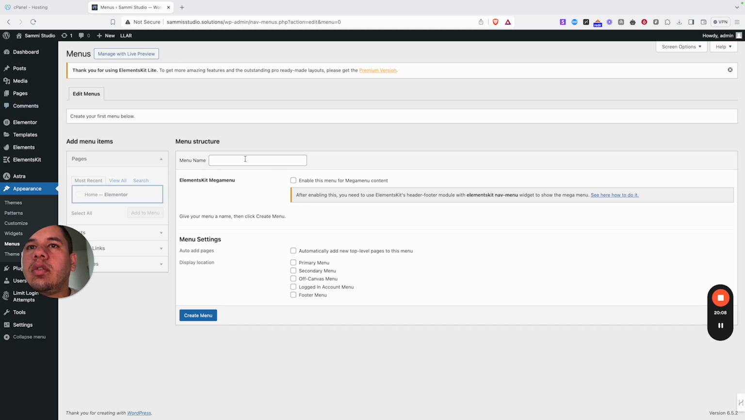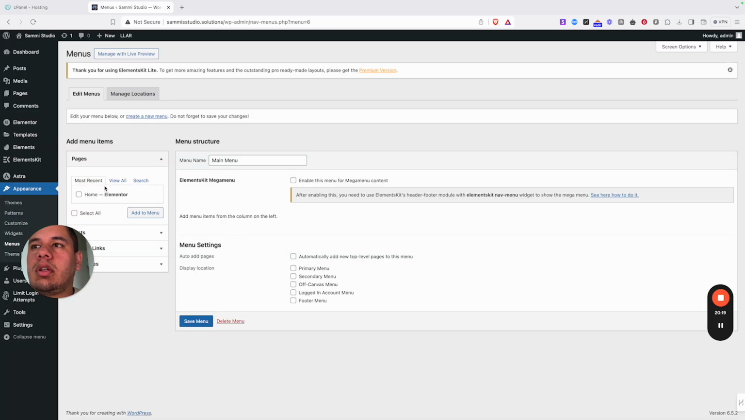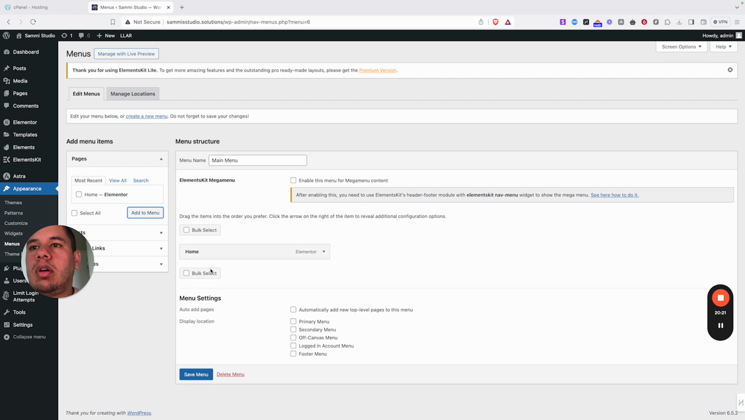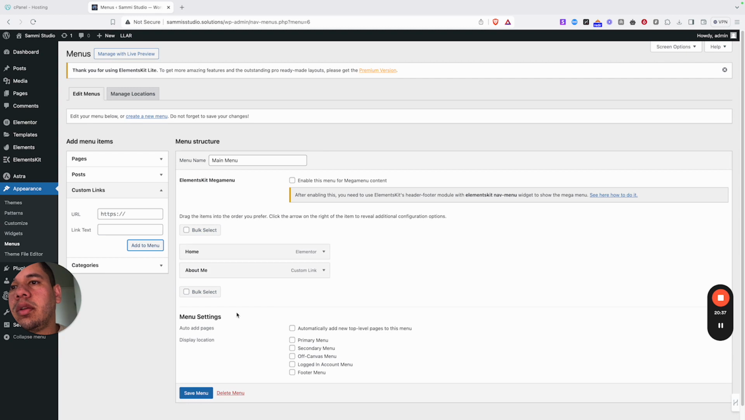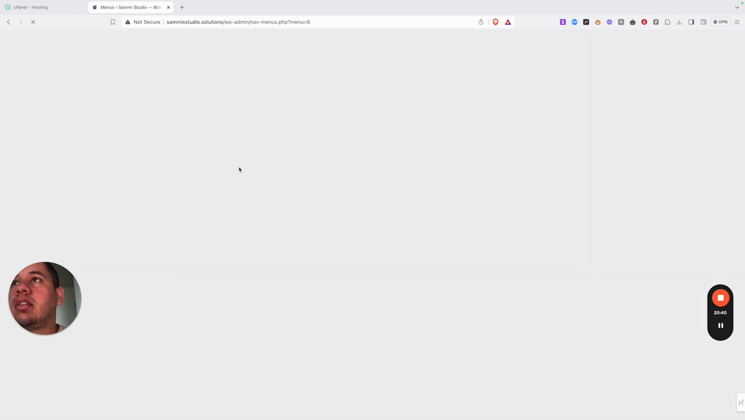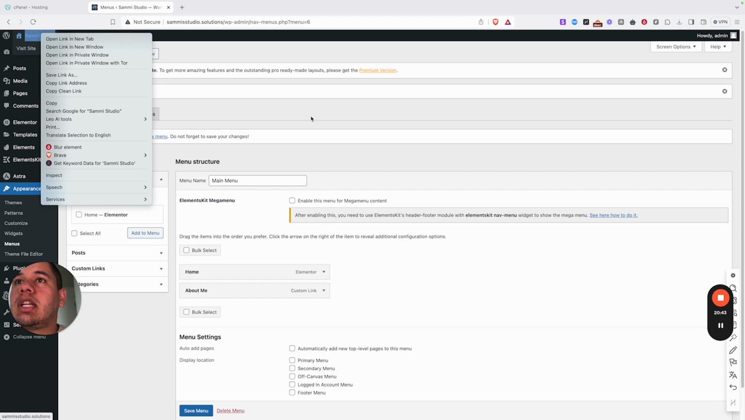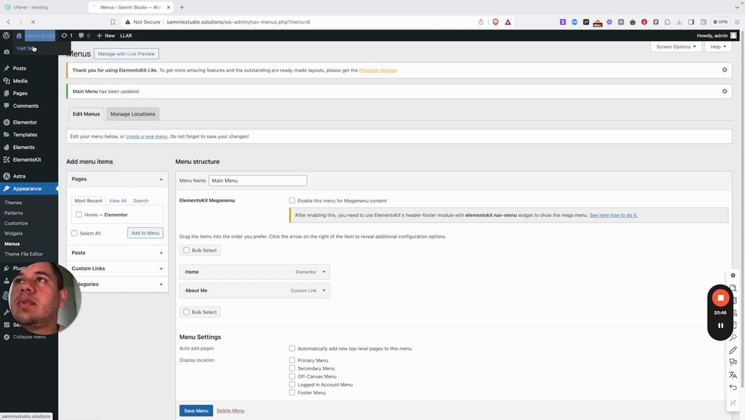And we don't have a menu at the moment, so I'm just going to say main menu, right? Create menu. Now I can add home. I'm just going to create another random one, just to show you. We can add something like about us or about me, and there we go. I'm just going to save this menu, and if we preview our site, if you hover over the site, you can press view site,